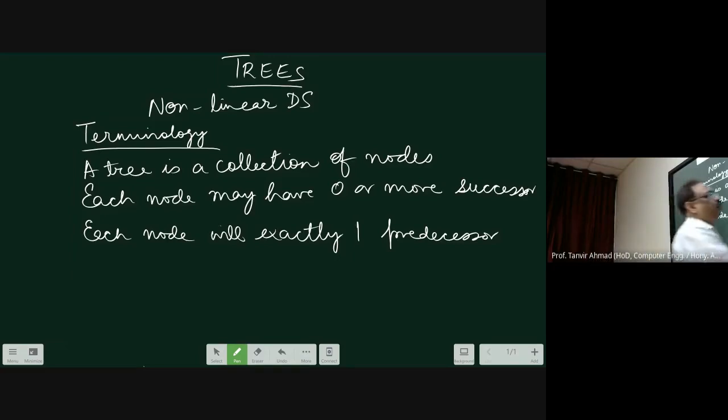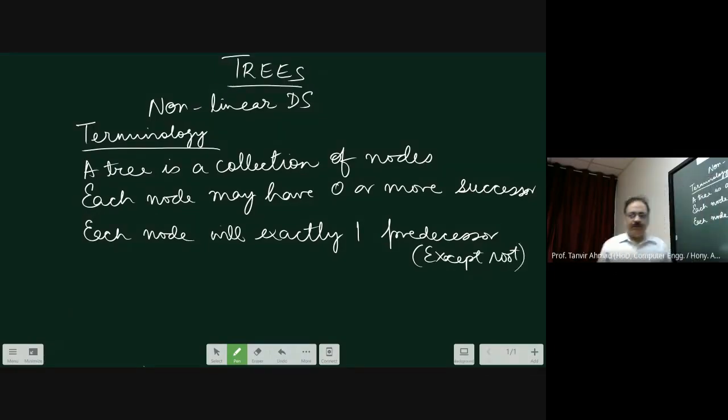Now, this is the basic definition. It contains a collection of nodes. Each node will have 0 or more number of children, but every node will have exactly one predecessor except the starting node, which is called the root node.